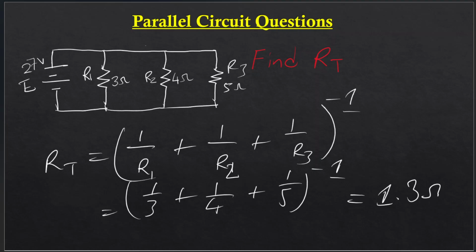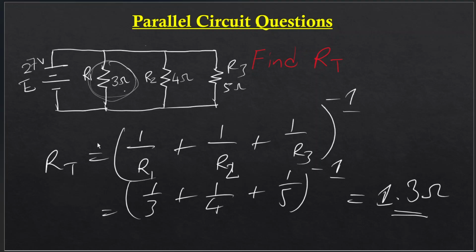1.3 ohm. Now notice an important thing. The smallest resistance in this circuit is 3 ohms, but the total resistance is 1.3 ohms. So this is another feature of a parallel circuit: the total resistance in a parallel circuit is always smaller than the smallest individual resistance. Okay, so 1.3 is smaller than the smallest individual resistance